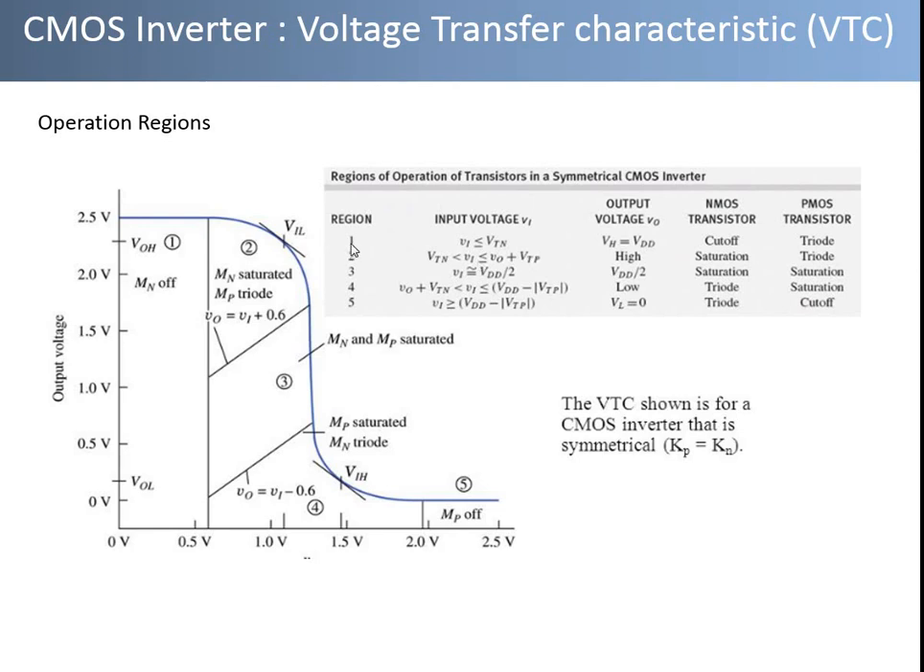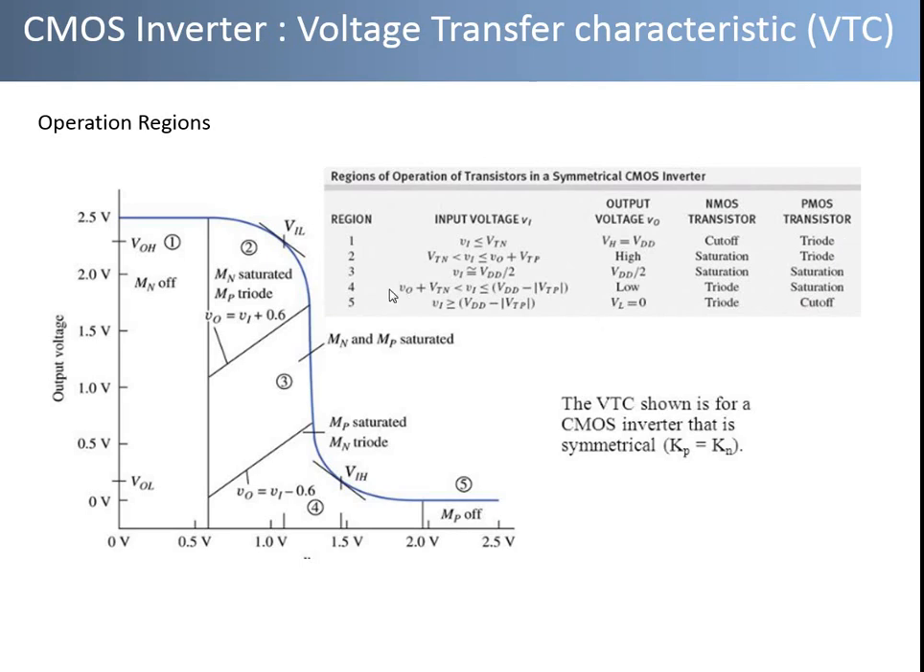that in region 1, Vin is very low and it is less than the threshold voltage of NMOS. Similarly, Vout is a high value, nearly equal to VDD. In this region of operation, the NMOS transistor is cut off, whereas the PMOS transistor is in triode or linear